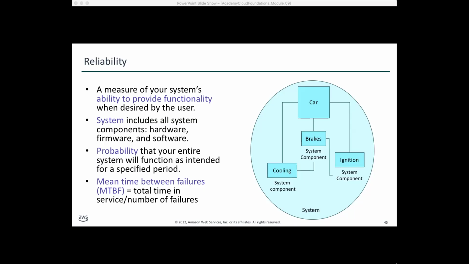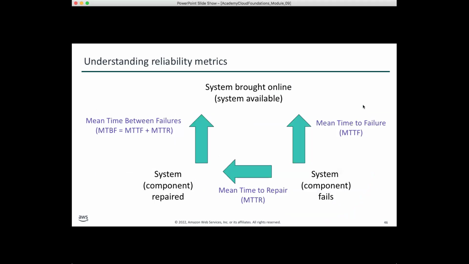The common metric is, as we said, mean time between failures. What is this? We'll look at it now. Mean time between failures is calculated as, for example, let's say not a car, but our web server. We configured everything to optimum standards and brought that web server online on Monday noon, and it ran without any problem until Friday noon, for example.